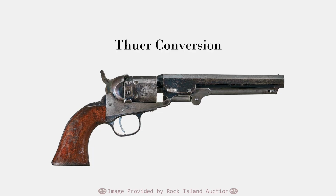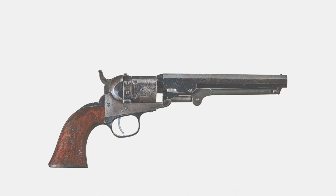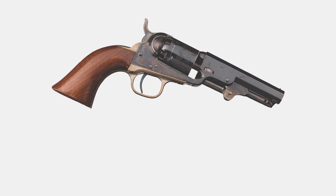The Thuer conversion pockets were not replaced in a hurry and were likely an attempt to further unload a surplus of parts that had stacked up. Still, by 1873, Colt had to give up, but that didn't mean that they stopped selling the old model pocket. The last recorded sale from Colt Records apparently shipped in 1889. That is extremely impressive. From the lists I have available, the highest known serial is